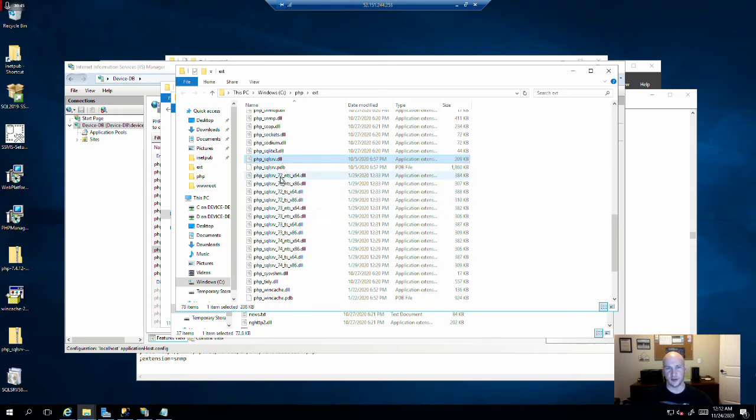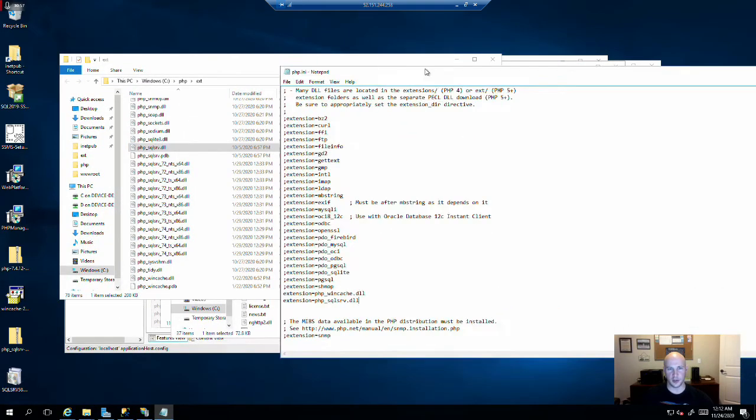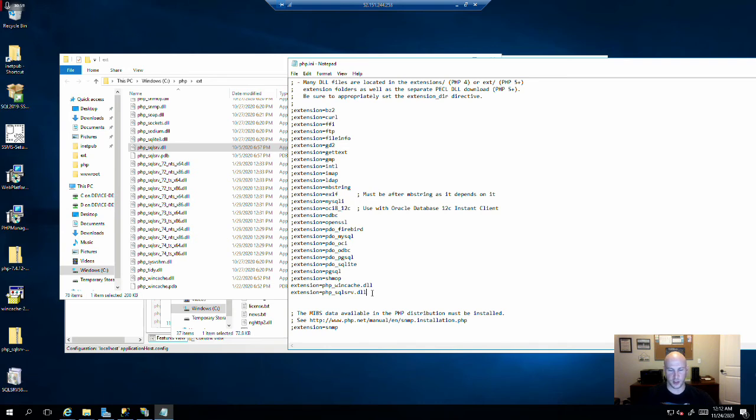So 7.2 here, 7.3, and 7.4. So we essentially just want to focus on these. And while we're here in the extensions, I'll just select an extension, hit Control C to copy. And we will just focus on these four for 7.4